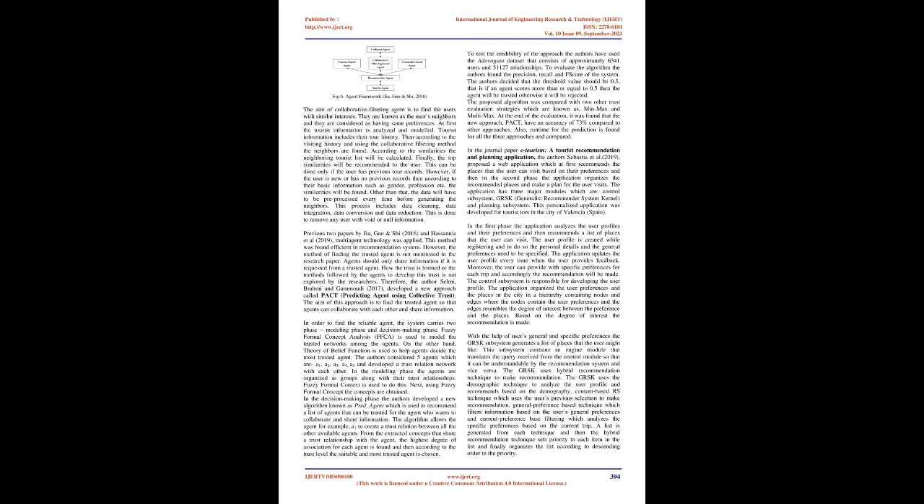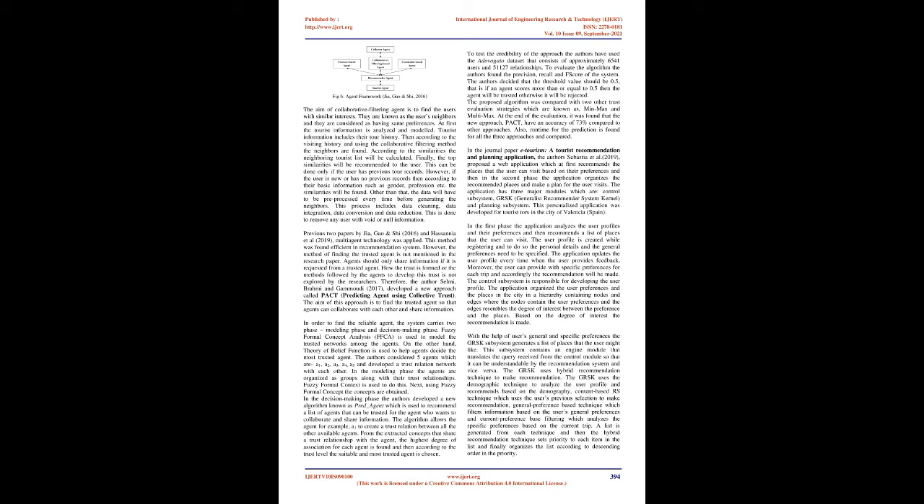In the previous two papers by Chia, Gao, and Shi, 2016, and Hassanya et al., 2019, multi-agent technology was applied. This method was found efficient in recommendation systems. However, the method of finding the trusted agent is not mentioned in the research paper. Agents should only share information if it is requested from a trusted agent. How the trust is formed or the methods followed by the agents to develop this trust is not explored by the researchers. Therefore, the authors Selmi, Brahmai, and Gamudai, 2017, developed a new approach called PACT, predicting agent using collective